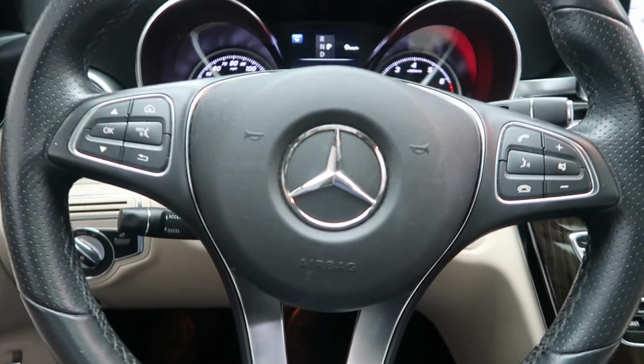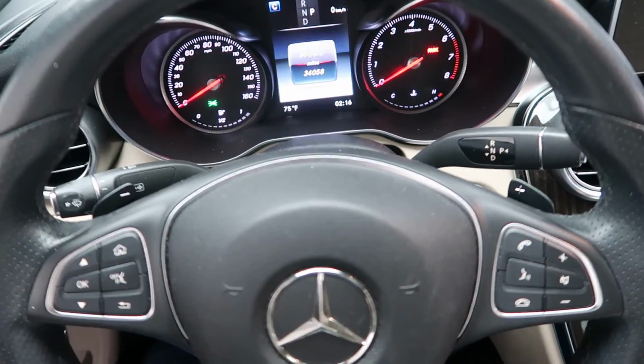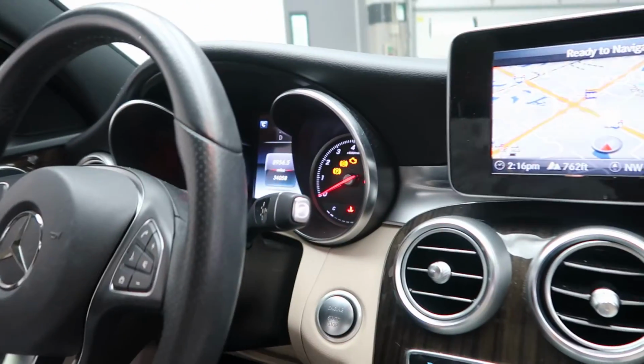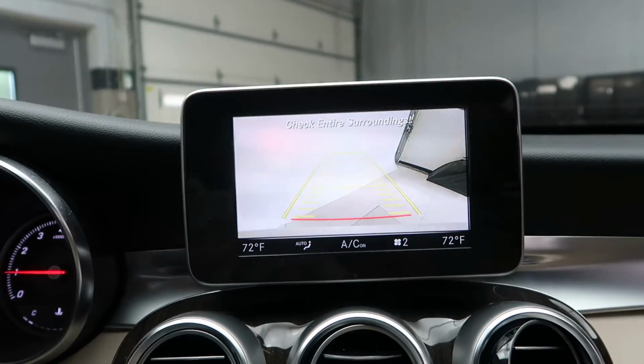heated seats, memory seats, smartphone integration with Android Auto and Apple CarPlay, steering wheel controls, paddle shifters for extra performance, a push start ignition, navigation, rear view backup camera,